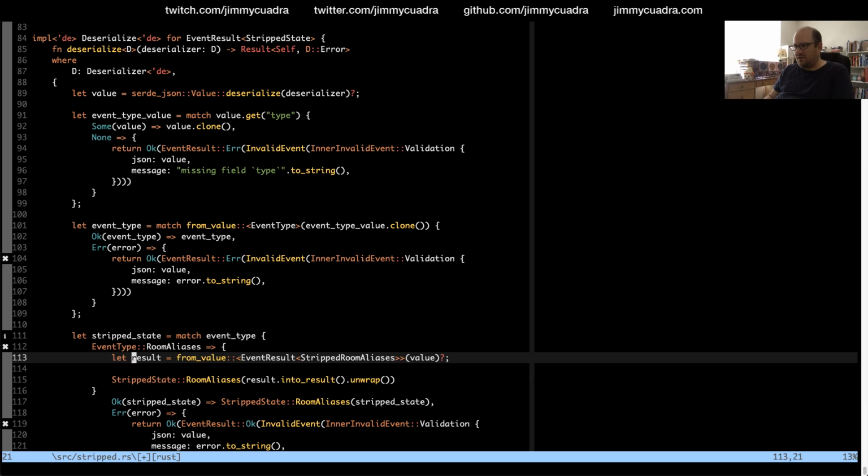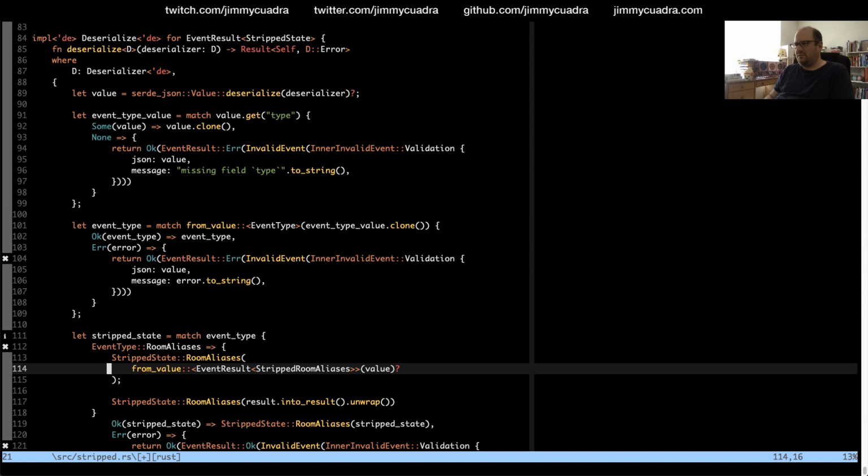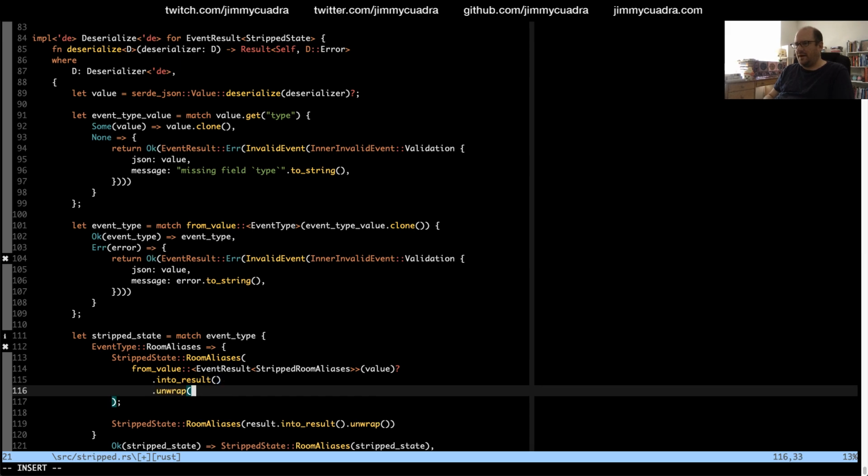And so actually, I can kind of make this a one-liner by saying stripped state room aliases, and then we call this. Let me put this on a separate line so it's easier to read. Dot into result dot unwrap.